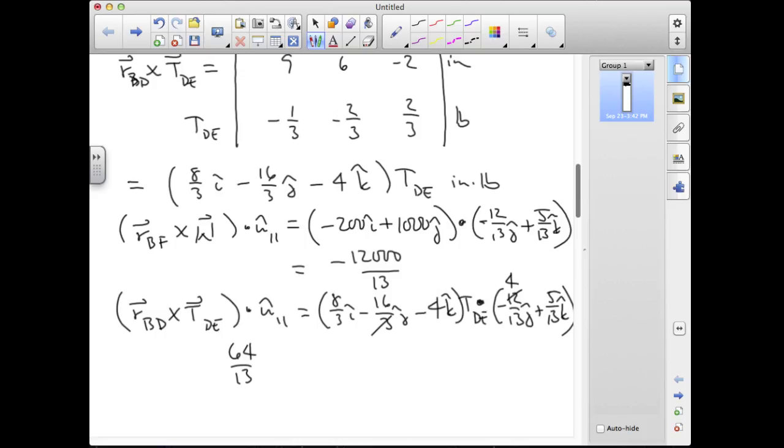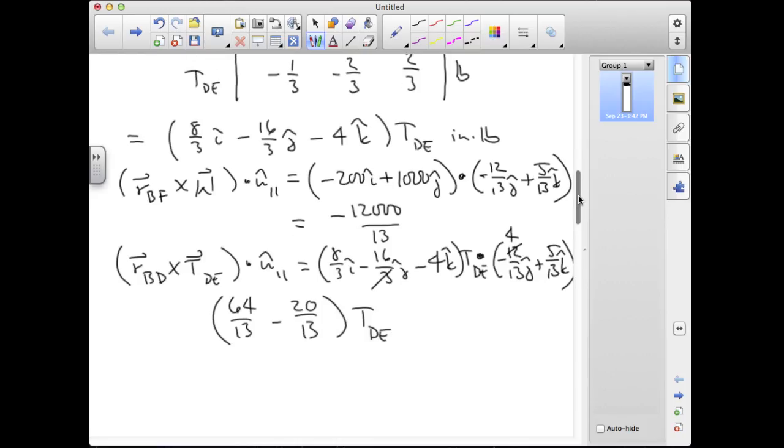And in the K components, we've got a minus 20 over 13 times TDE. So when we put these things together, the sum of those two components is equal to 0, and that means that this has to equal 12,000 over 13. And that gives us a tension, TDE, of 12,000 over 44 pounds, and that number turns out to be